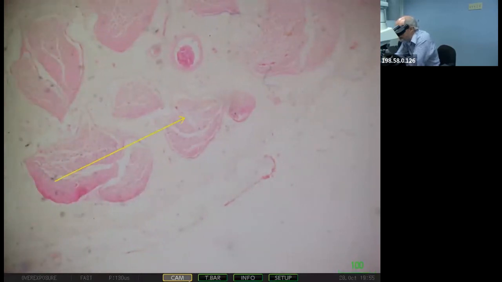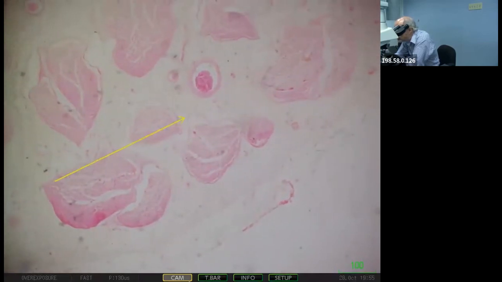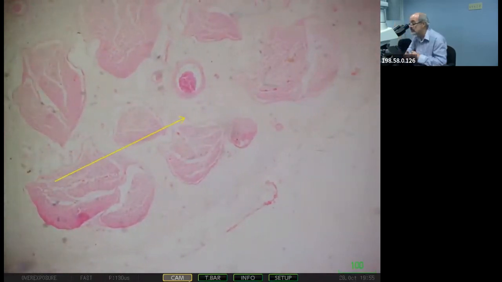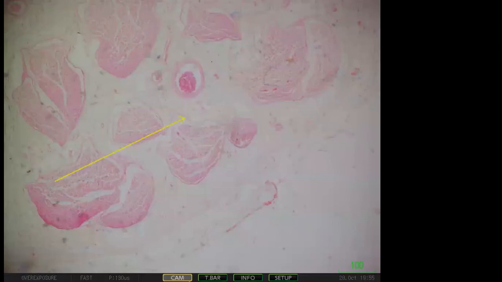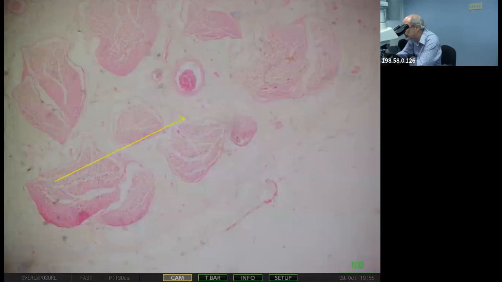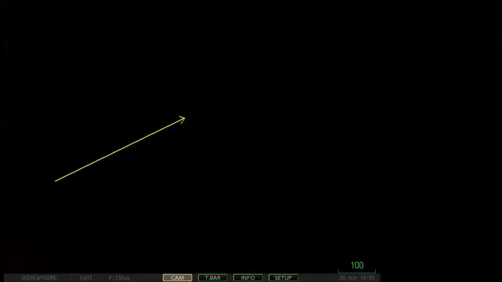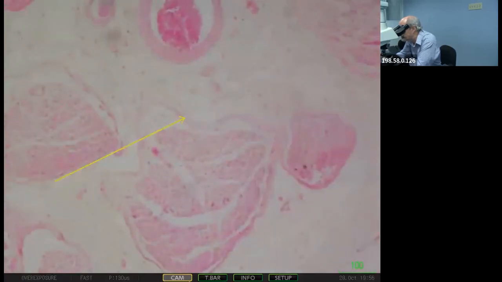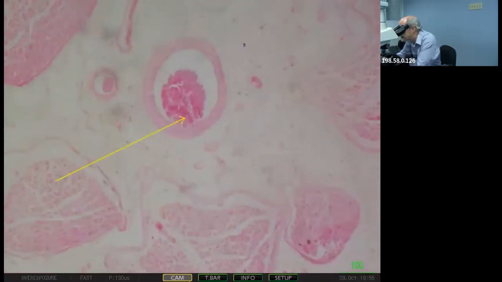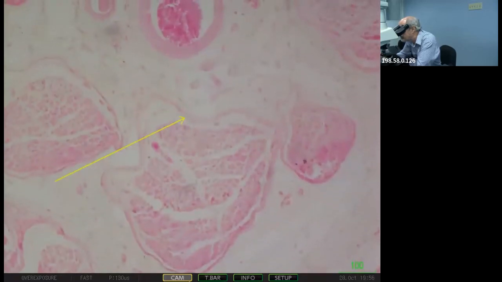isolated nerve fibers. So you see you have some connective tissue layer, which is here, just at the tip of the arrow. What is the name of the connective tissue layer surrounding each fascicle? Perineurium. Perineurium, okay? And at higher magnification, each nerve fiber will be surrounded by your endoneurium. Okay, so let's go at higher magnification. So you see here you will have your perineurium. This is a vessel here, okay?